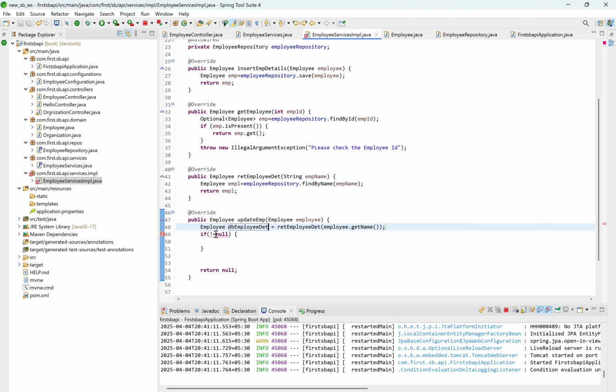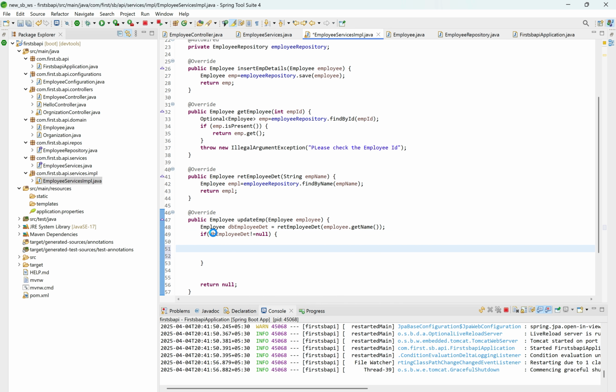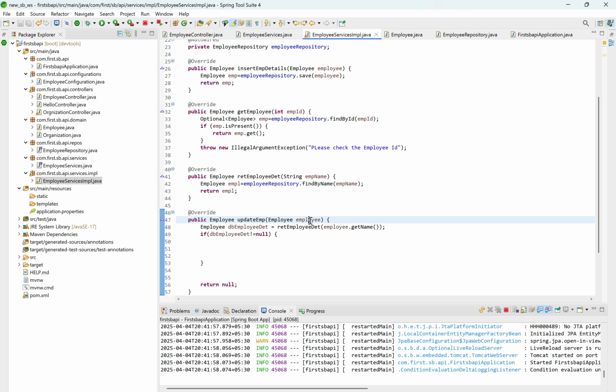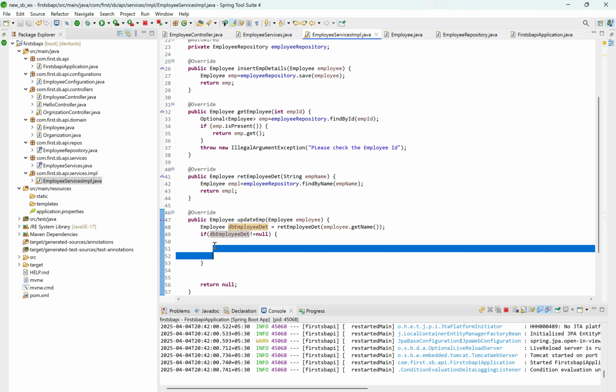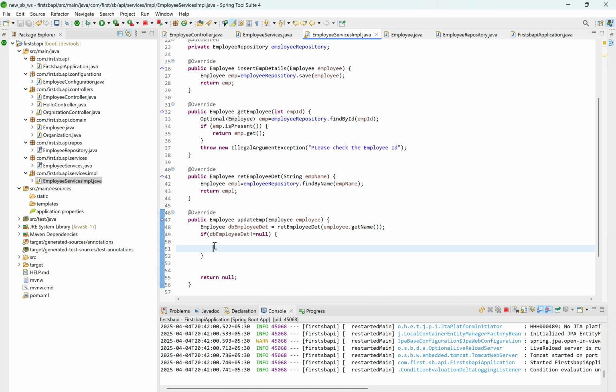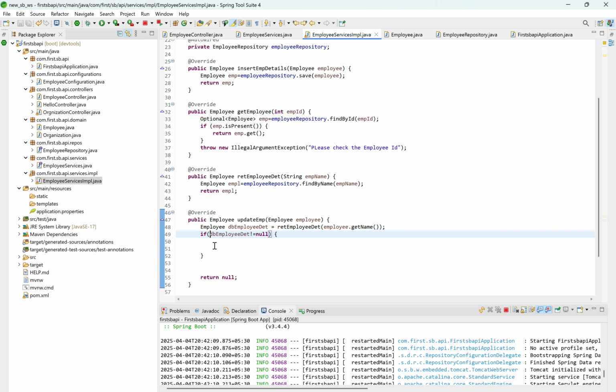So in DB we have the employee details, right? If the DB stored employee details not equals to null, then whatever we are getting from Postman, we have to add it here. So if we have the details,